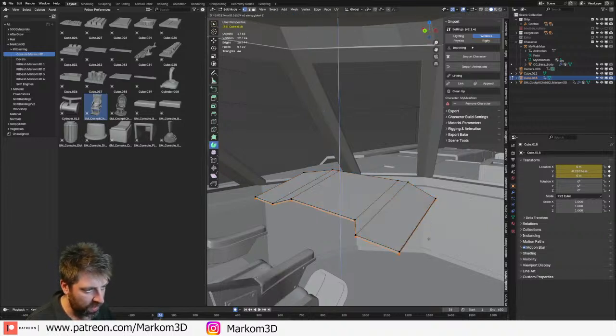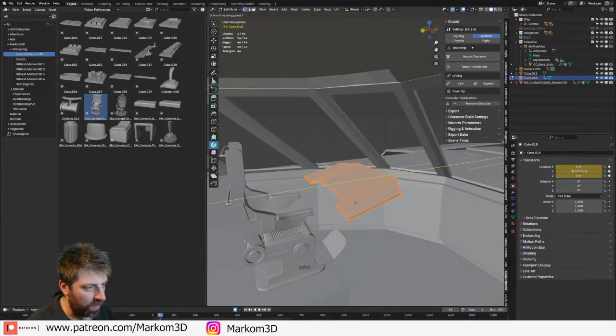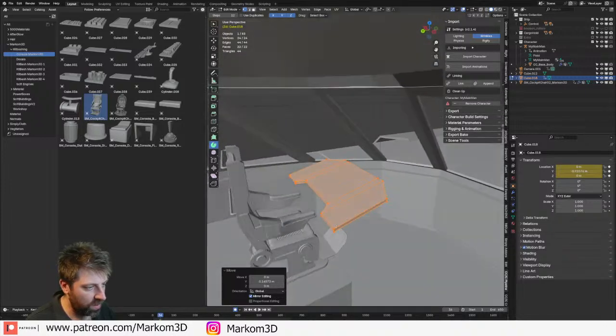From here, let's go EZ. Something like that. There we go. And that gives us a little bit more space in there. So just in case they've got a bit of a belly, whoop, they can fit in.